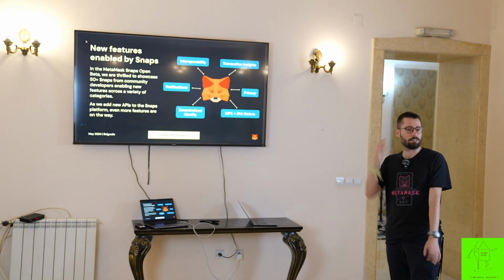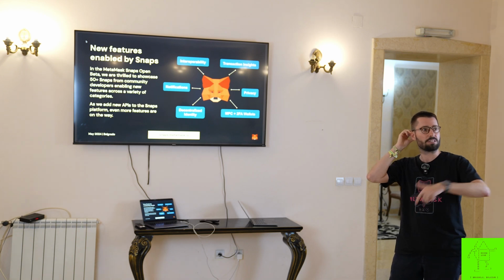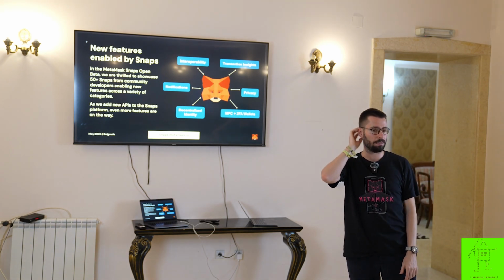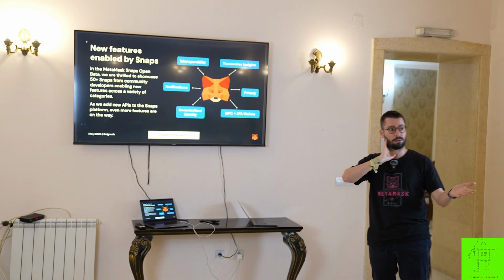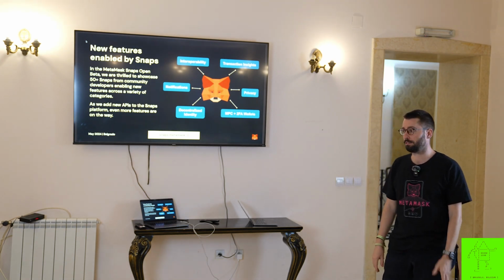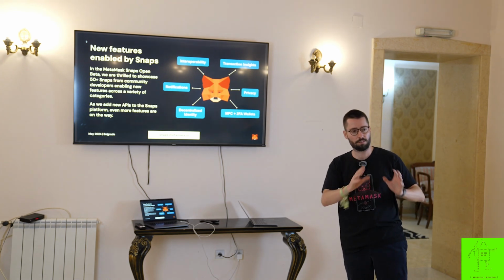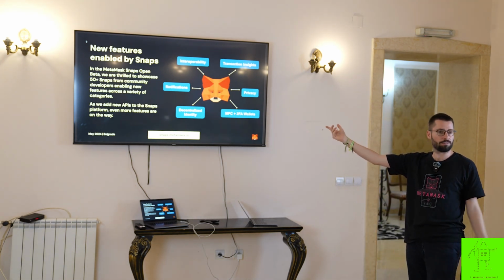Same with Solana. With the Solana Snap right now, you can get airdrops in the Solana ecosystem, which is quite interesting. There are also non-EVM layer 2s like Starkware, for example. The Starknet Snap is super interesting and you can just use it. And this is the non-EVM compatible Snap, kind of in the category of interop. Then you have the notification Snap.